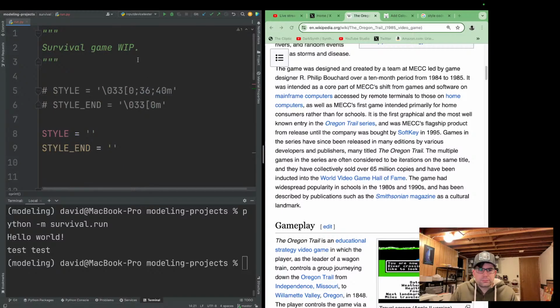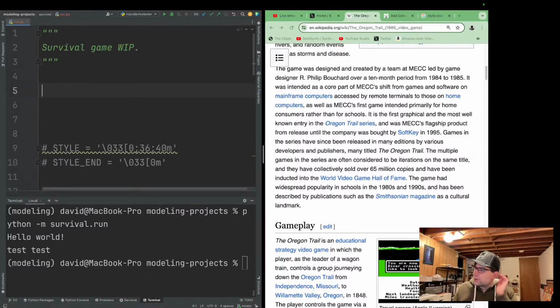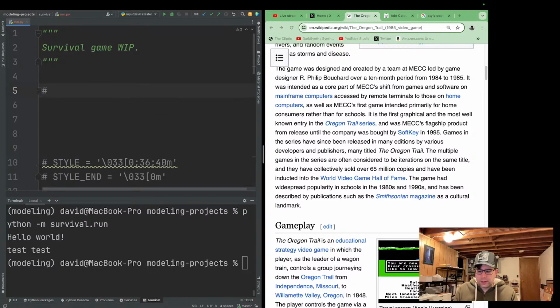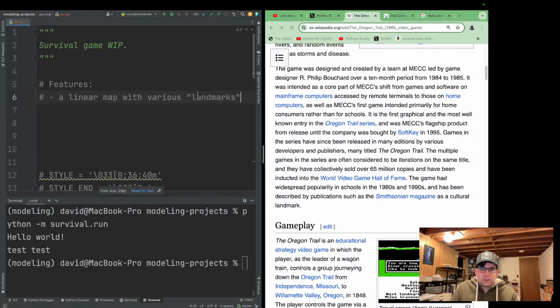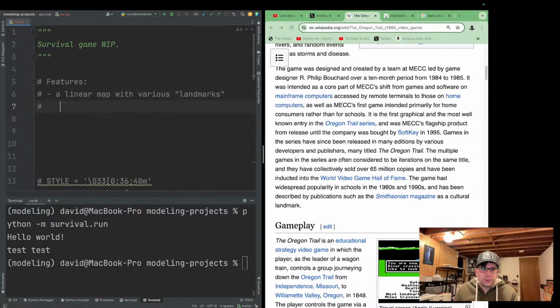So we need some way of describing, I'll just note this in code, a map, so like a linear map with various landmarks. And what I want to do is have this pre-generated by random seed.